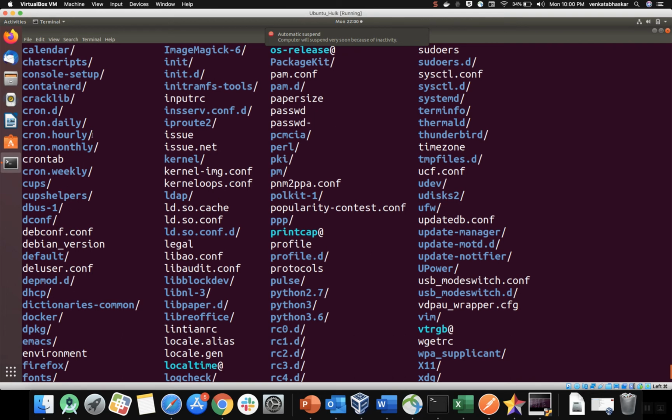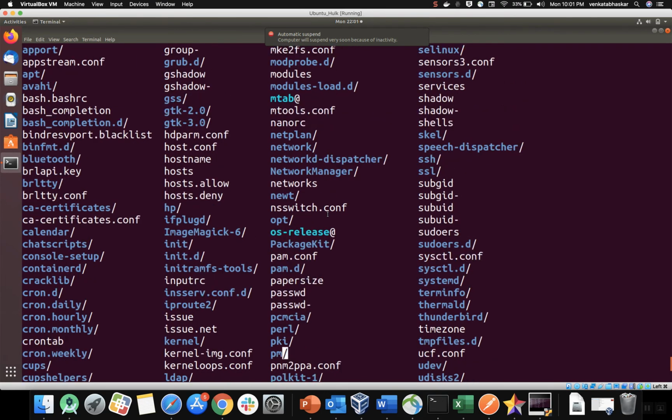There are 3 types of symbols we can see here. One is slash, which indicates blue, that means a directory. The @ symbol indicates this is a linking file. As I said previously, there are soft links and hard links.